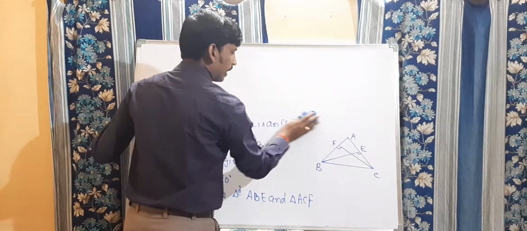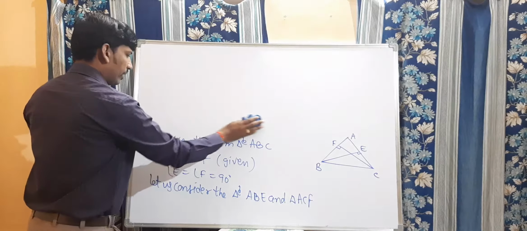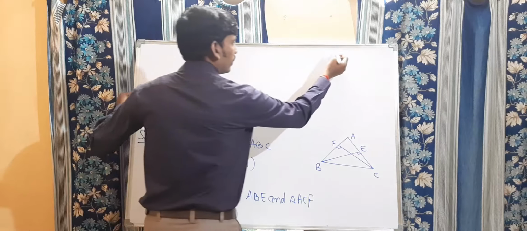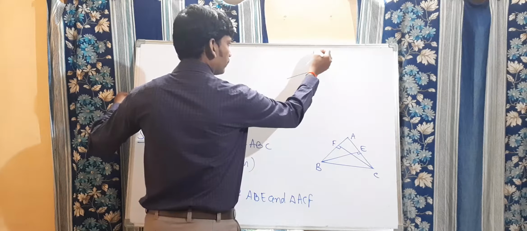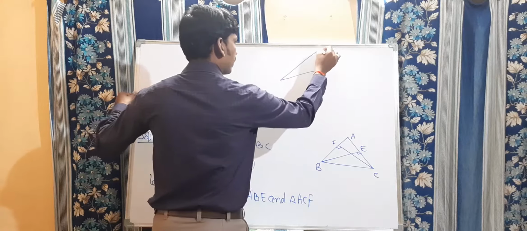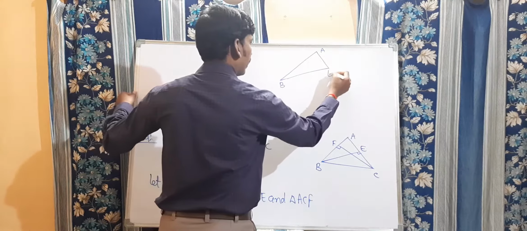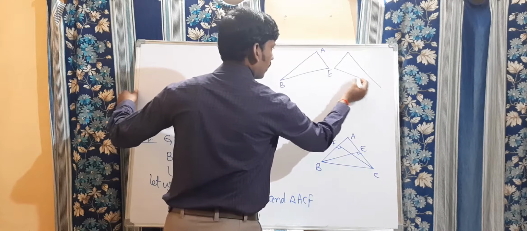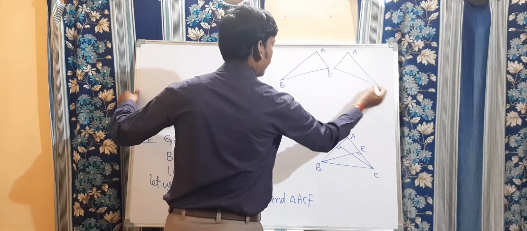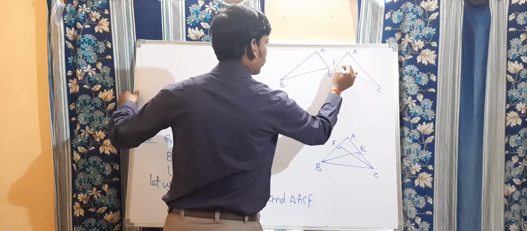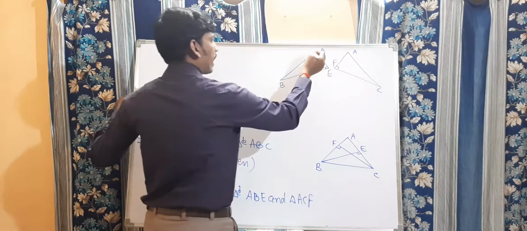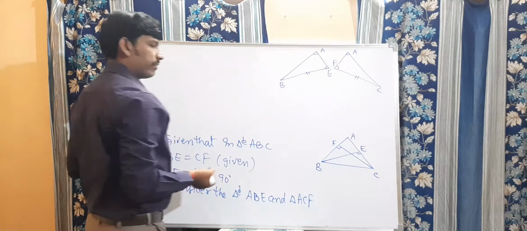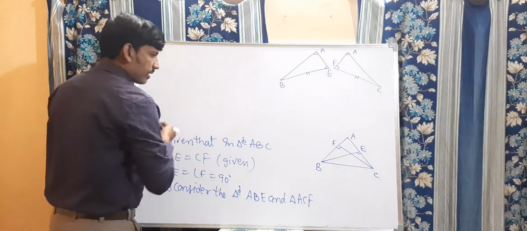ABE as well as ACF, in these two triangles, now I am going to draw here. This is ABE as well as ACF. This will be 90 degrees. Clear? Angle A is the common. BE is equal to CF. Clear? So in these two triangles,